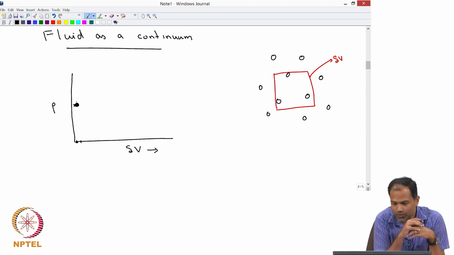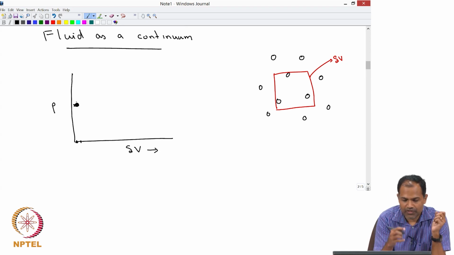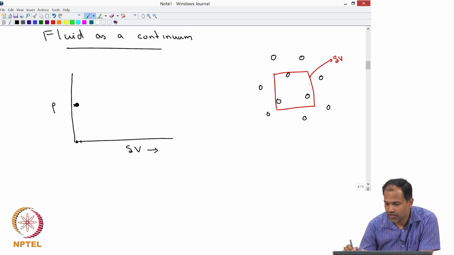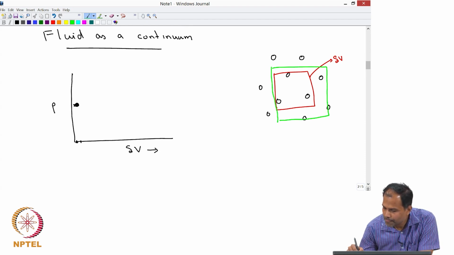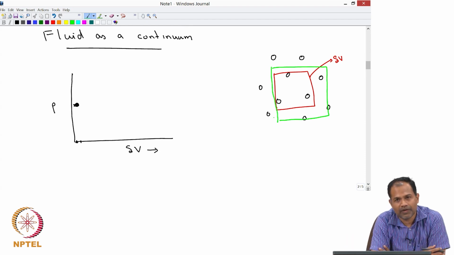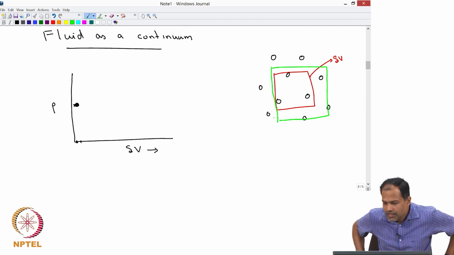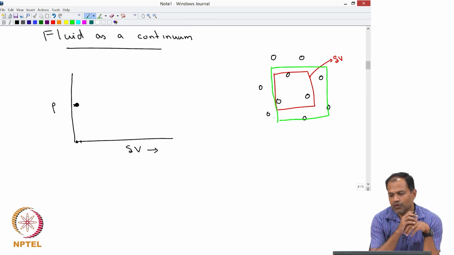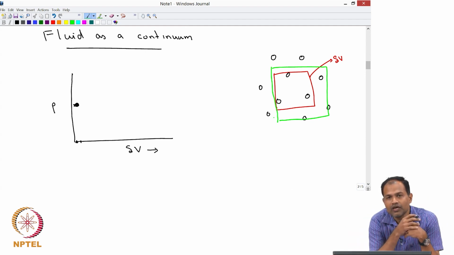Now what I will do is increase the volume of this, let us say this. Initially I have chosen a cube which I have marked as red. Now I will make it a little bigger, and I will calculate the volume again. Now you can see that when I do that, I have got, maybe I would have included one or two